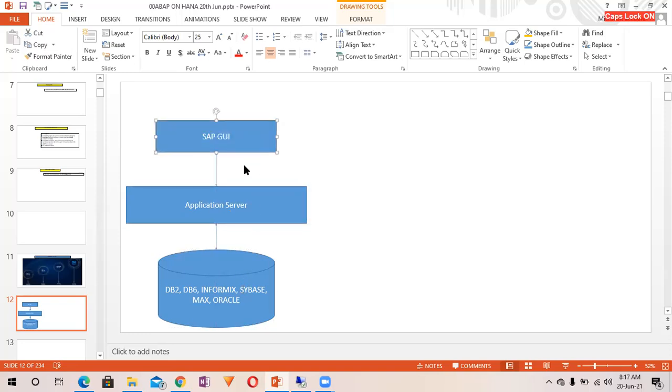But with this architecture, it's easy, and that's why we are also able to upgrade this DB with HANA DB.